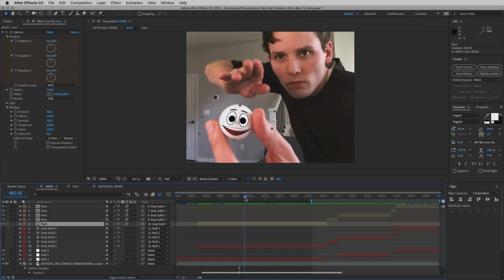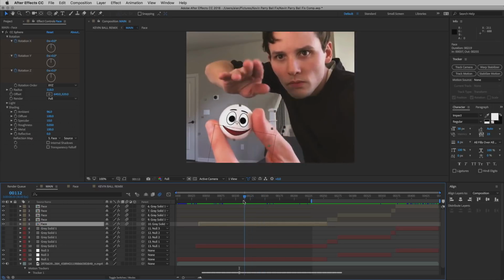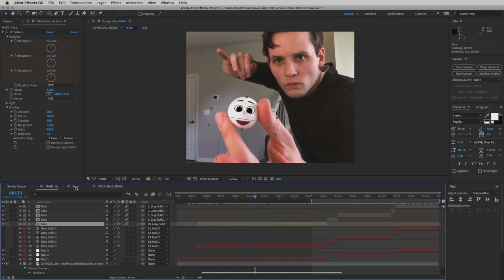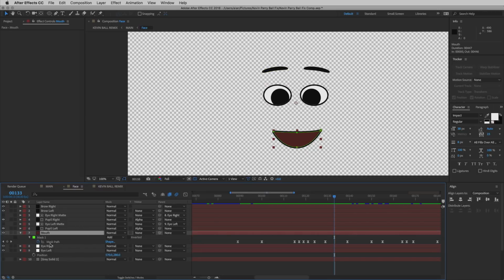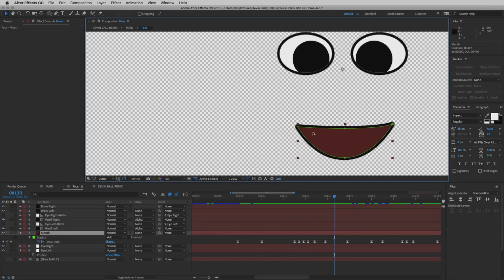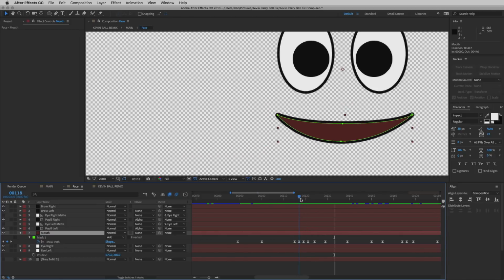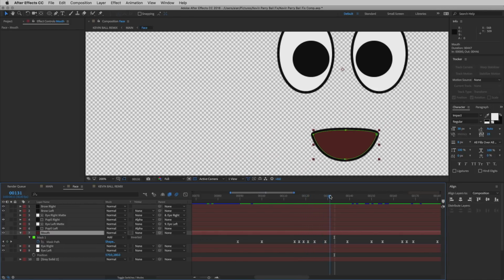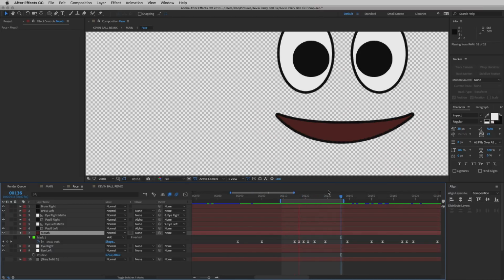All I did was just go through, kind of figure out on the fly what the ball might say, how long it might take, and then I'd switch into this face comp and animate one element at a time. So for the mouth, I was just adding a bunch of keyframes to the mask shape. I figured, okay, he's gonna say hello, right? So what are the phonemes in hello? Hello, right? I added those keyframes roughly one after another,